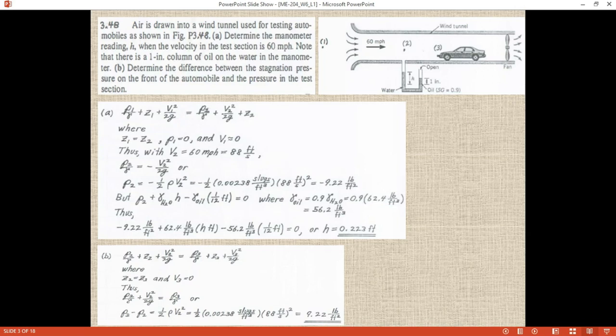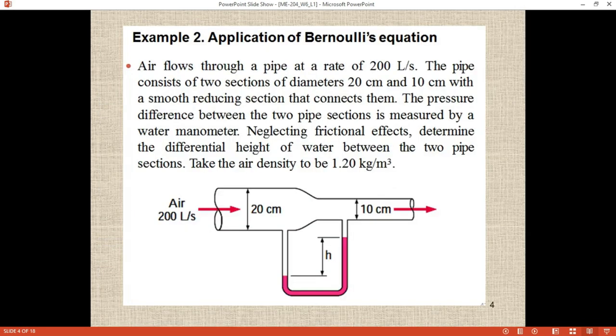Now let's move on to the next problem. So far, you see, in the previous problems we have solved with a constant diameter pipe. The area is constant, but in this problem the area is varying. If the area is varying, then how can we solve the problem? If the area is constant, we have done already two or three problems. Now with a varying area, let's see how we can solve the problem.